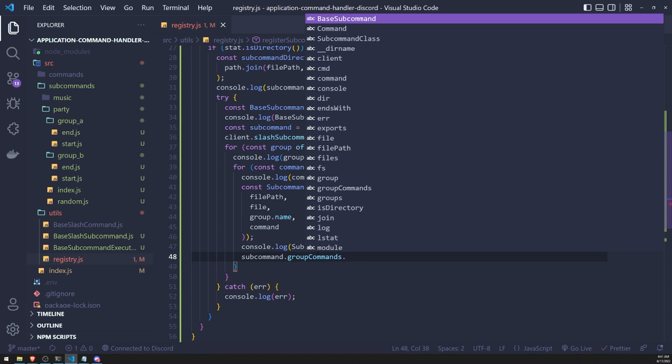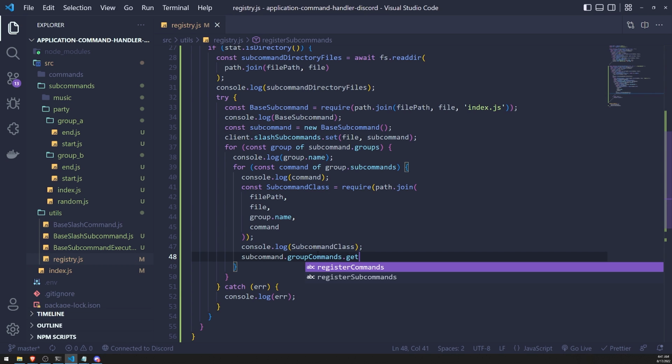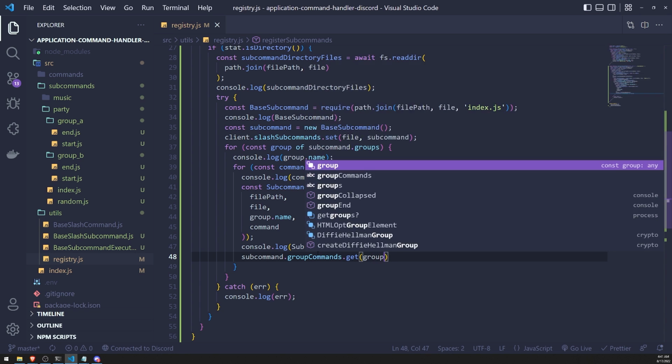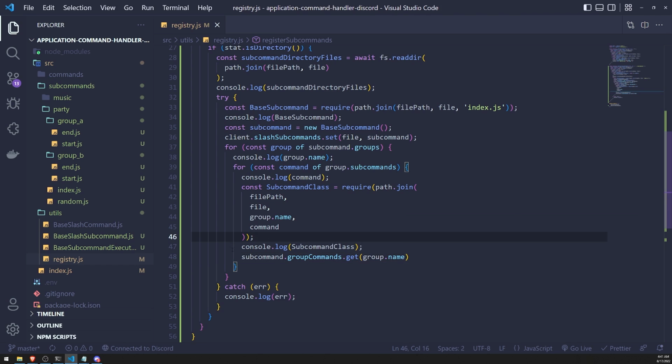And then what we want to do is get the group for this subcommand, okay? So we're going to pass in group.name. Now, of course, the first time when you are registering your group commands, it's not going to be defined. So we'll have to check to see if it is defined or not. So I'll declare a variable. I'll use the let keyword because we will be modifying the value of this variable. I'll call this subcommandGroupMap equals